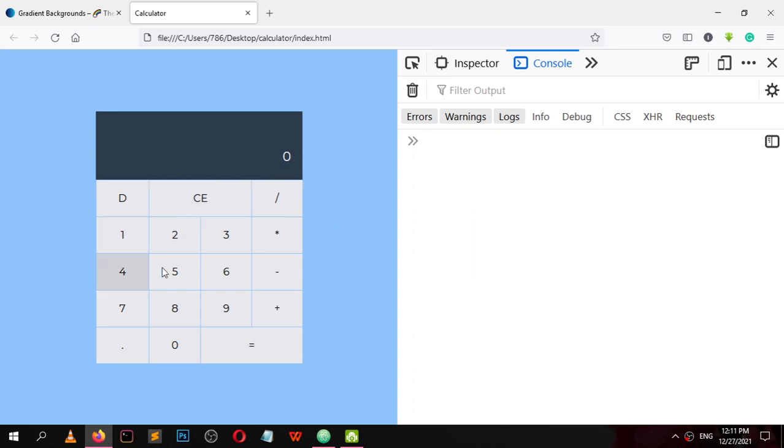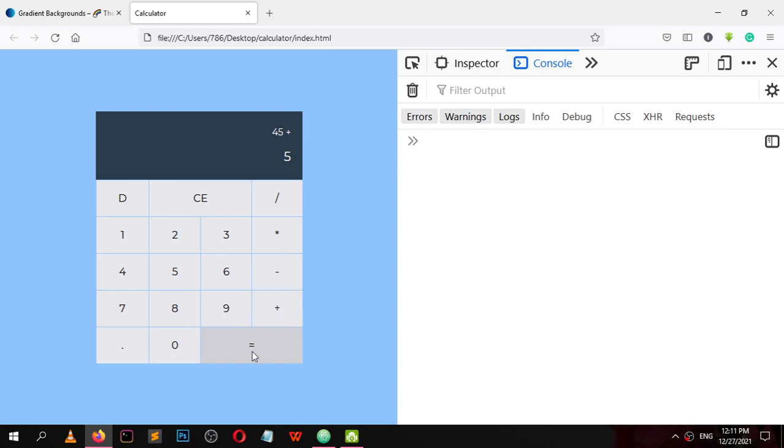As soon as I type 45 and hit any operator, let me show, I hit this plus button. Now 45 plus, and I click this 5. Now this 5 is shown here, and when I click this equal button, this 5 should go here, and 45 plus 50 should be visible here.